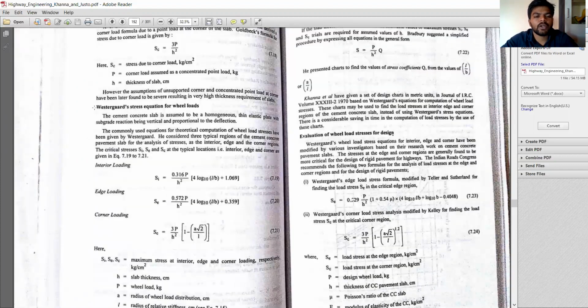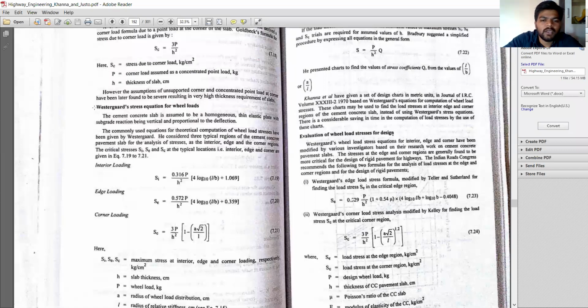Here comes the important part of the concrete pavement: interior loading, edge loading, corner loading, the equations given by Westergaard. They are very, very important equations. By using these equations, we can calculate the stress applied at an interior load, stress at edge load, stress at